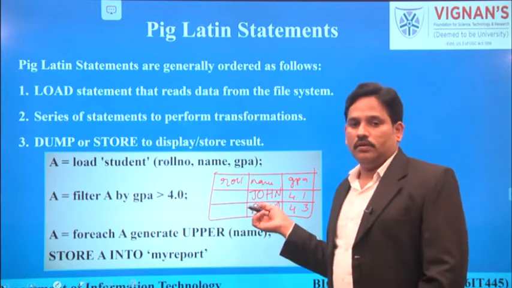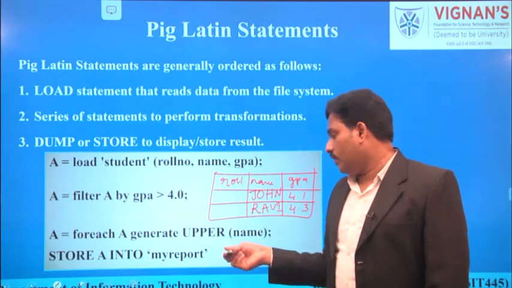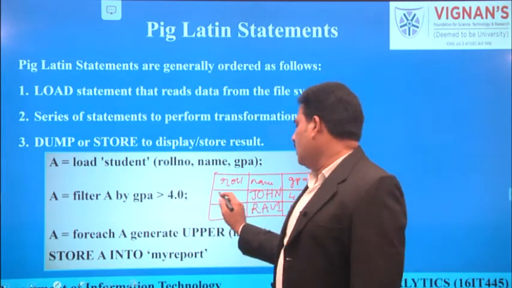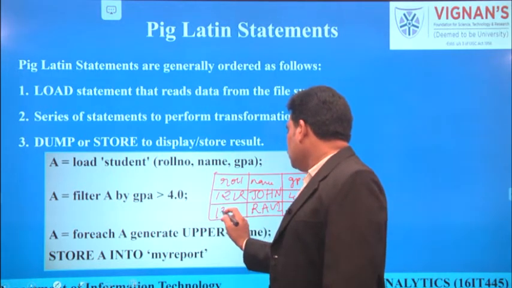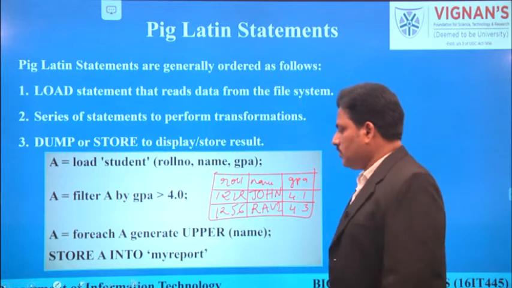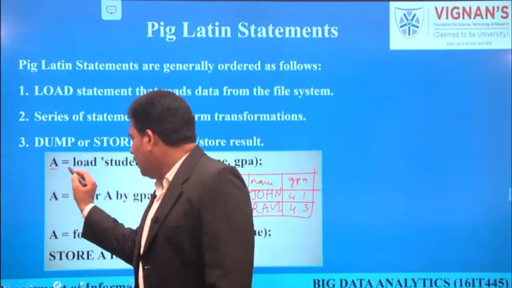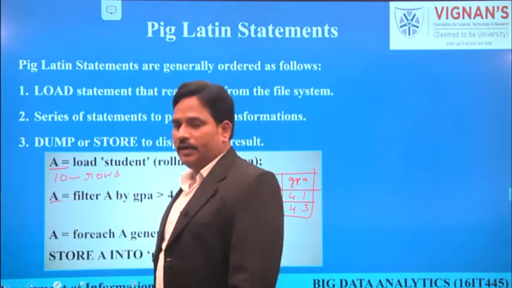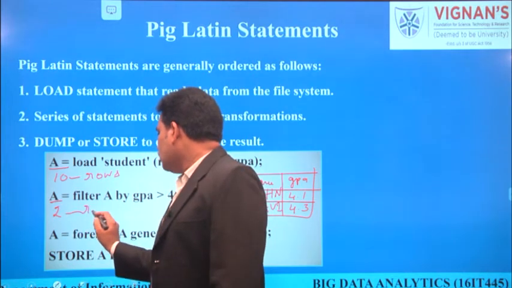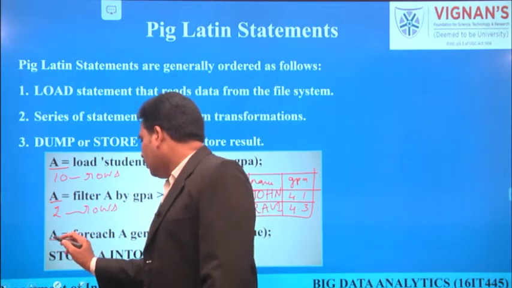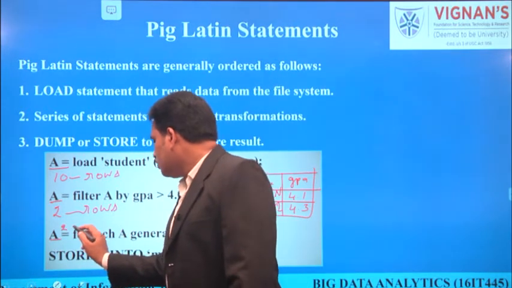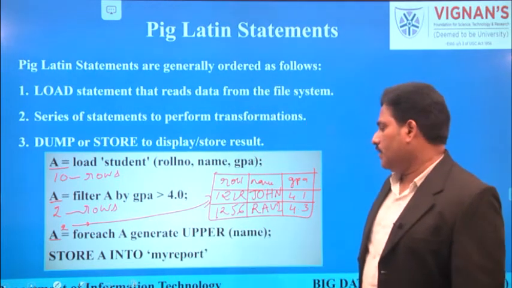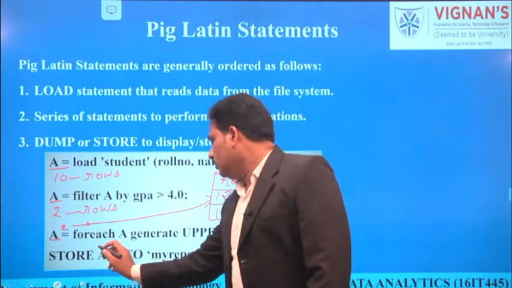Initially the table values may be in any case, but finally we are applying uppercase. So the names of the students will be in uppercase, and then roll numbers are 1212 and 1256. Let us take two examples here. So finally, initially A is having 10 rows or records. After applying this condition, we got only 2 rows into A, and after applying the next statement, A will have 2 rows in this format. All the names of the students will move to uppercase. And finally, we are storing all the 2 values in a report.